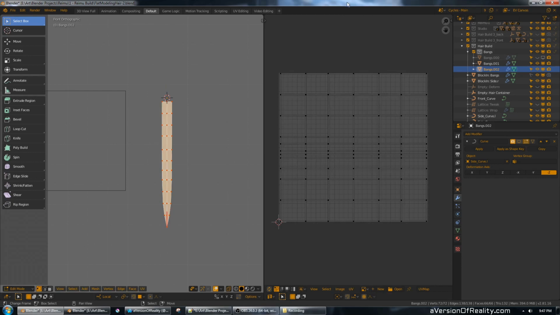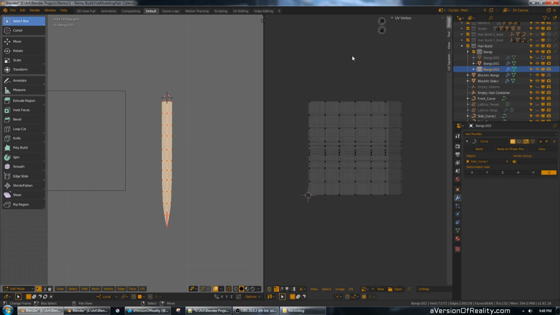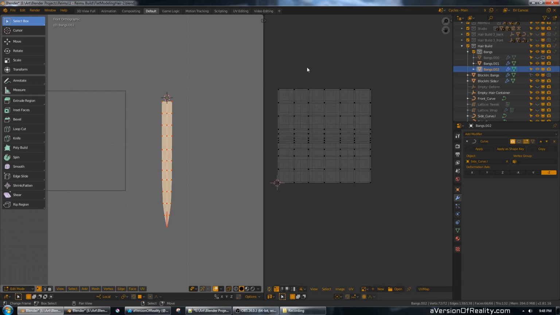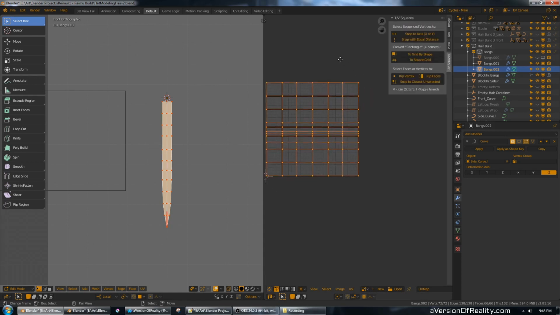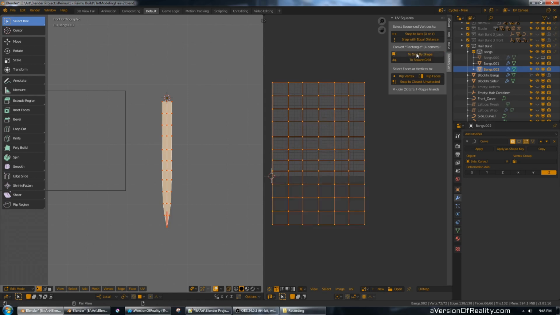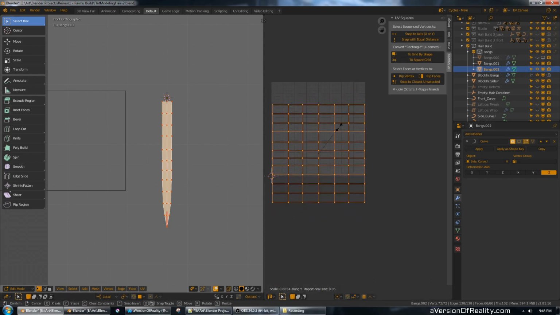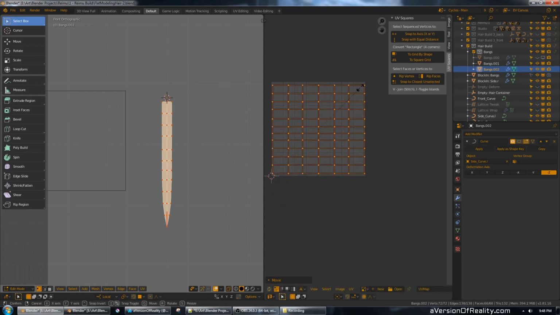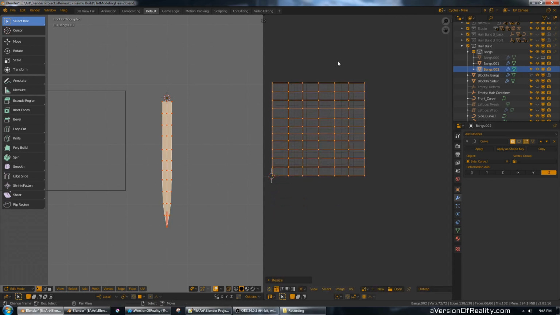So we have to now re-unwrap this cleanly. Or do we? If we try to do a full re-unwrap, even with our seam there, we will get this, because it's tapered. That's not ideal. Our other option is to use the handy UV Squares add-on. There we go. It's now evenly spaced things out again, respecting the spacing in the geometry. Now we just have to rescale it a bit for the window. I think there's also an add-on or a command to scale this to bounds. But